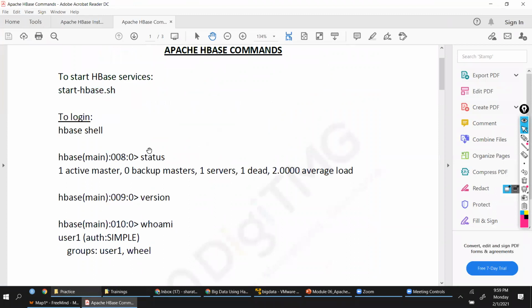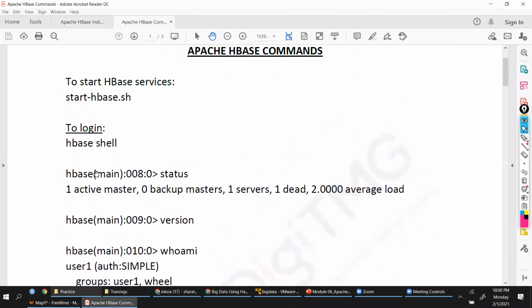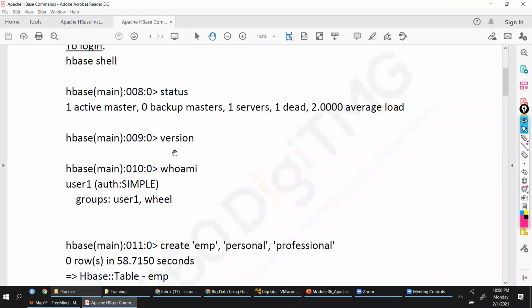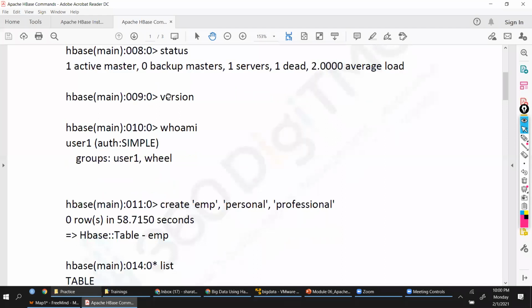And if you see here, status, this is the result that you get when you type status in the HBase shell. It says one active master. We don't have slaves. Remember, it is a single node installation, so you'll have only one master. Then version gives the version details. Whoami gives the information about the user, the OS user.